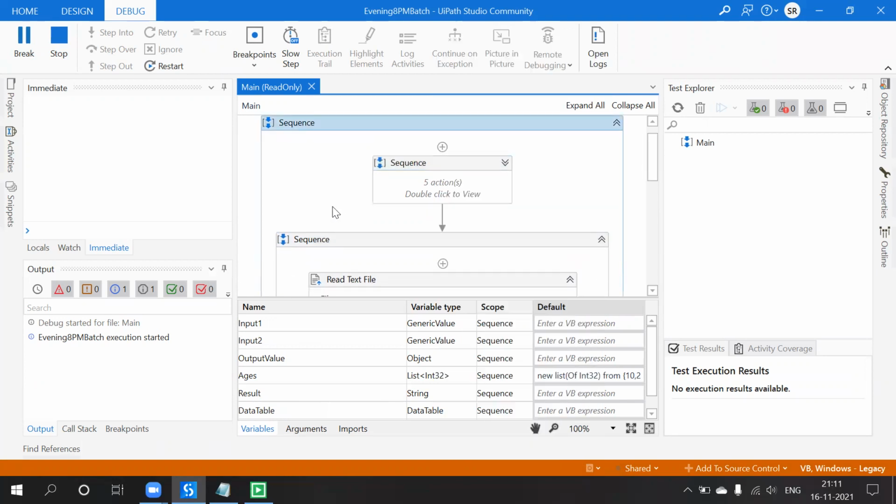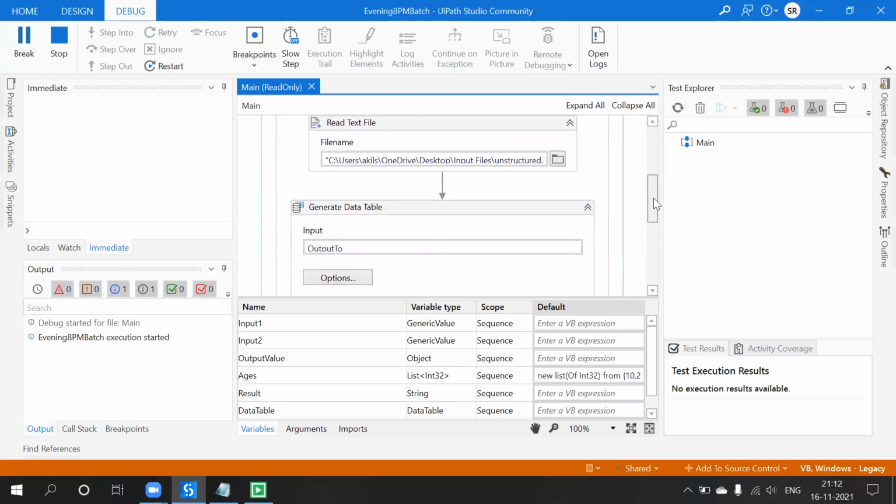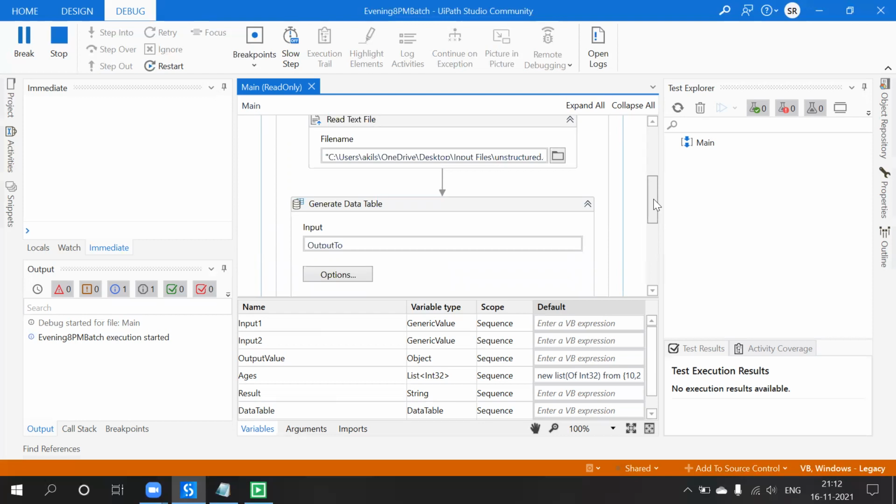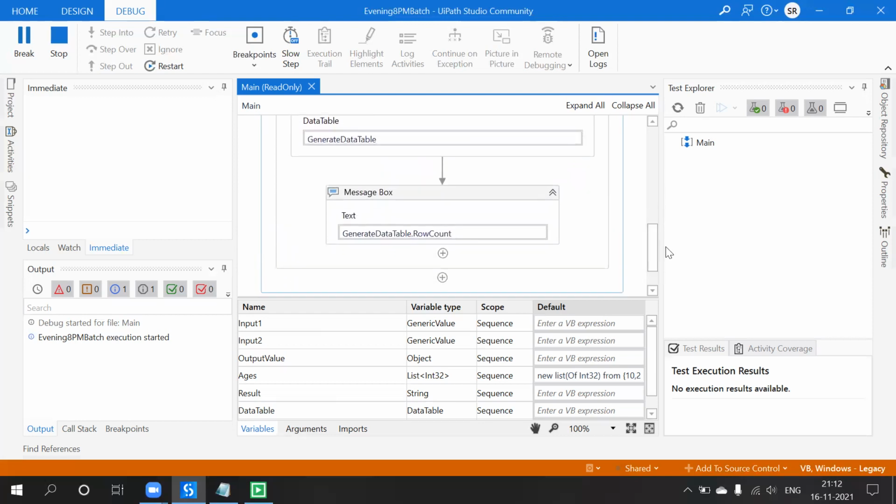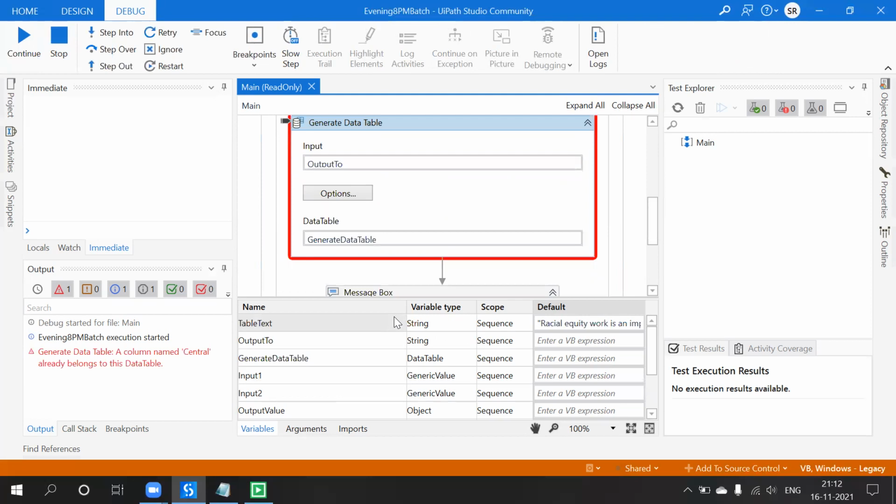Still it is executing. Something is going on or what? It already belongs to this data table.